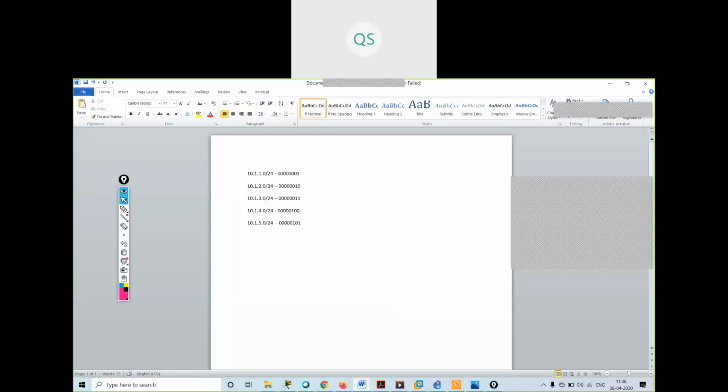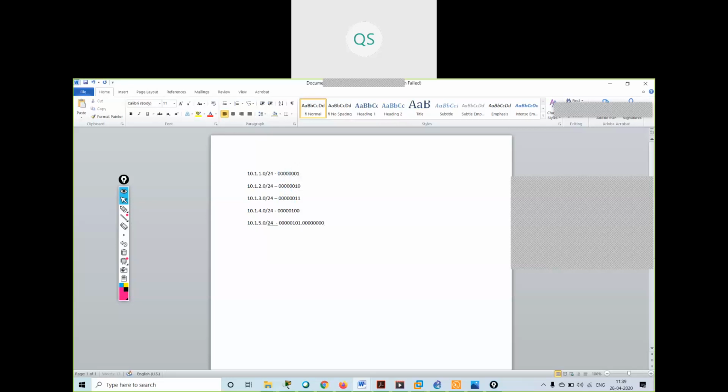Now what I will look at: my first octet is the same, the second octet is also the same, and the last octet is all zeros. So I will see the common bits. What are the common bits? Over here, the first 5 bits are common. The first 5 bits are zeros in all of them. So what will be my summary address?